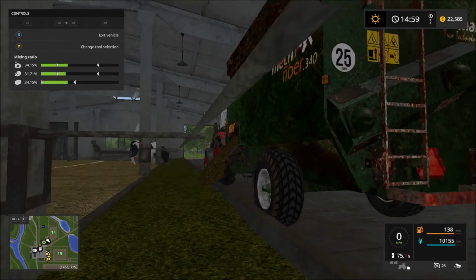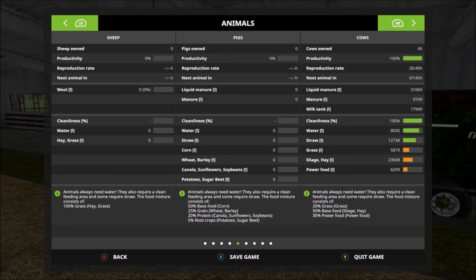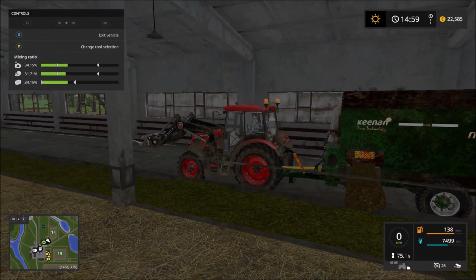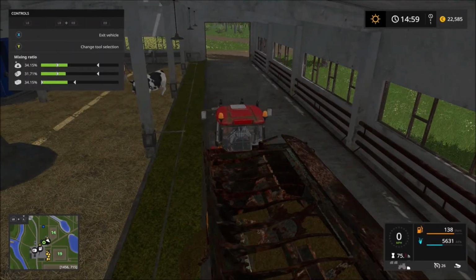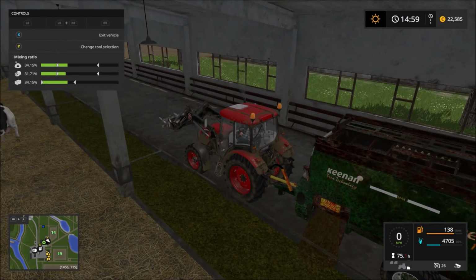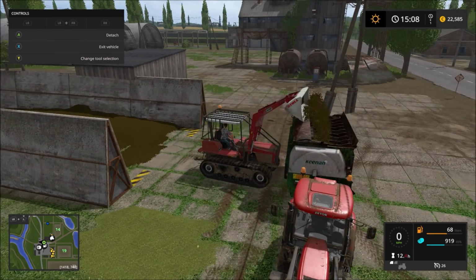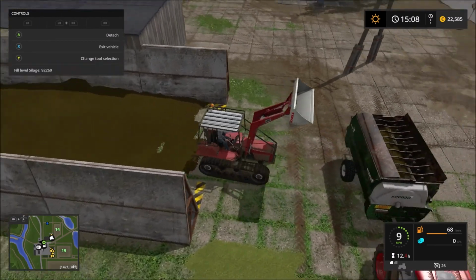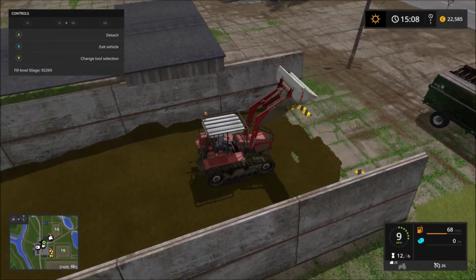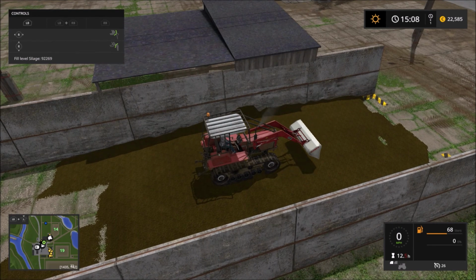And there we go. See the bars going up in real time. I guess we'll just get this filled back up, shall we? Right, so we're just mixing up the 3rd batch, which is the last that we can do today, because of a limitation on hay. Absolutely fine. I think this is probably going to put us up to about 3 or 4 days worth of